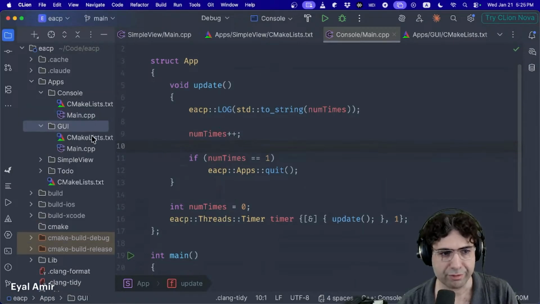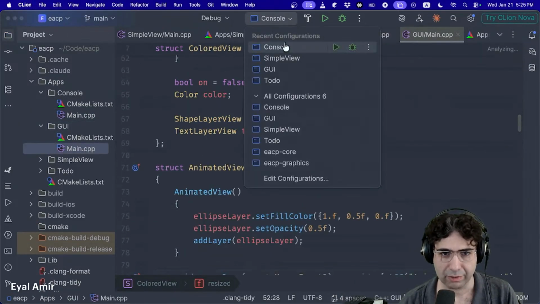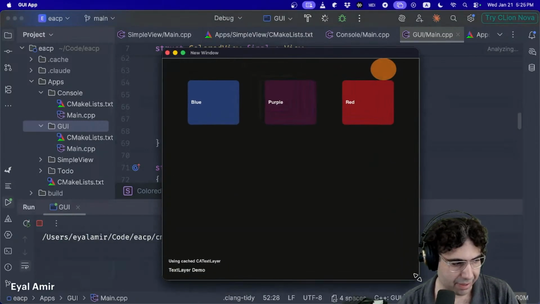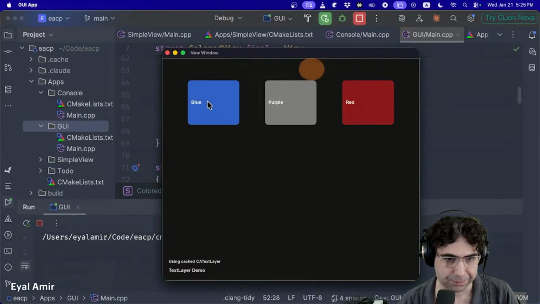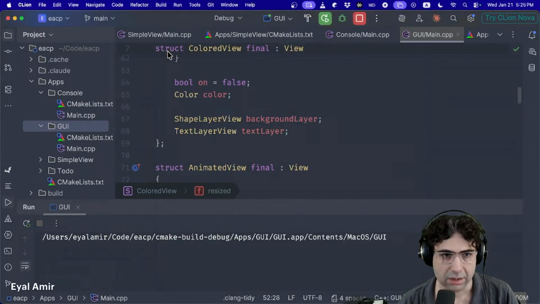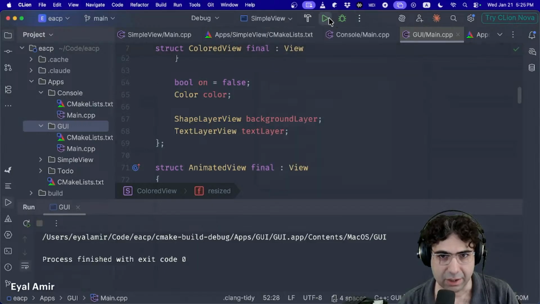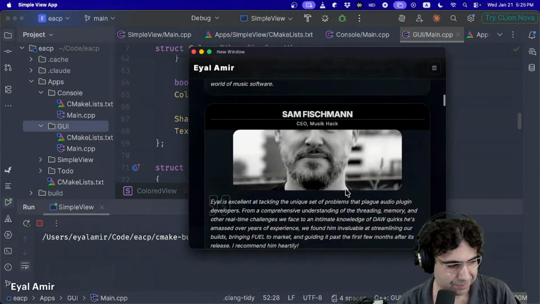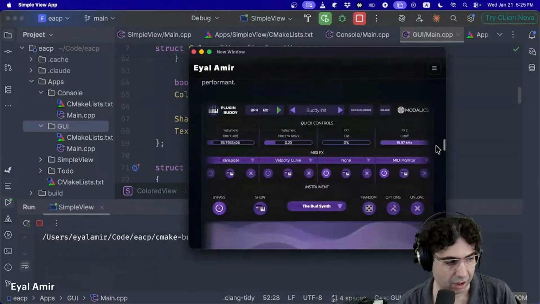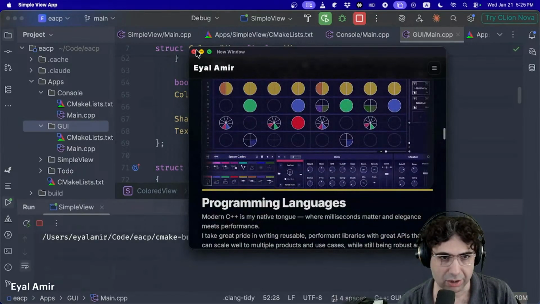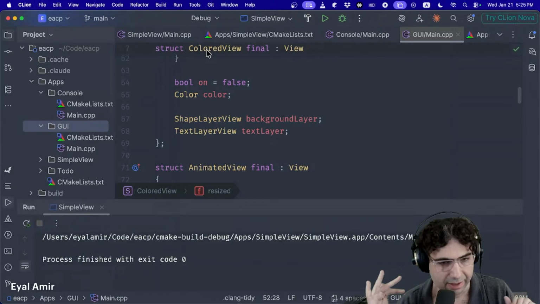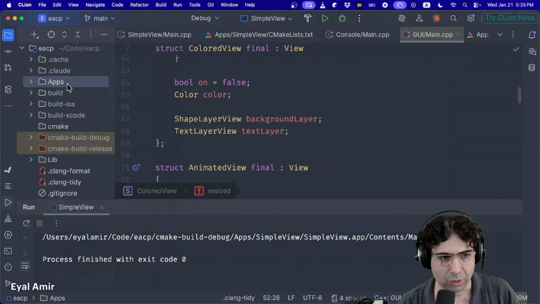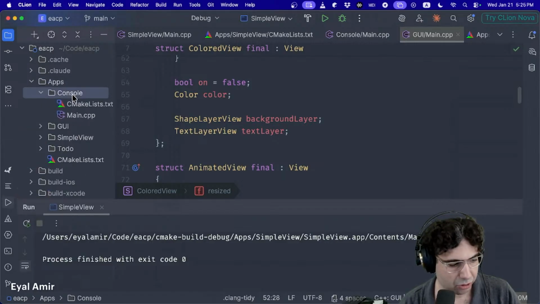But then there's also a GUI version, which can do way more. For example, the GUI version can load things and animate things, handle mouse events. And also there is a web view. So you can put a web view. In this case, this beautiful web view is loading my own website inside of the UI. So these all are very simple things to just include and add. Web might be something we're going to talk more about today. There's also a bit of networking, but I actually don't have a networking example here, so maybe that would be a good time